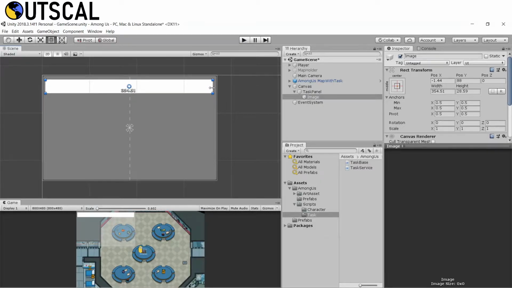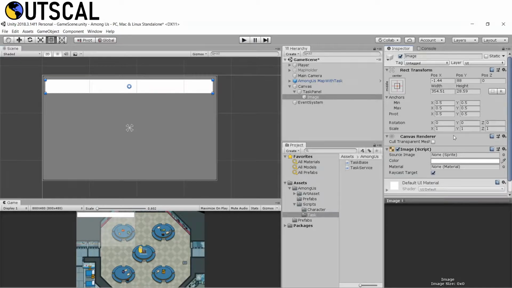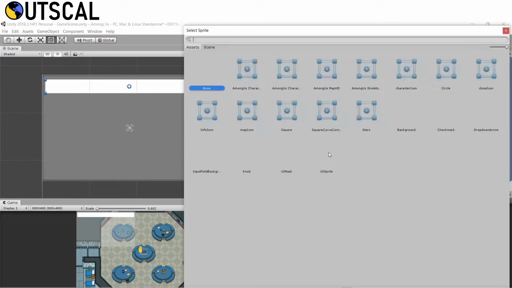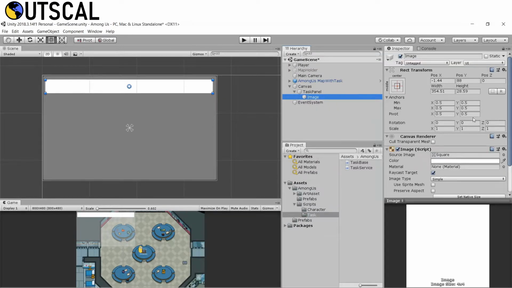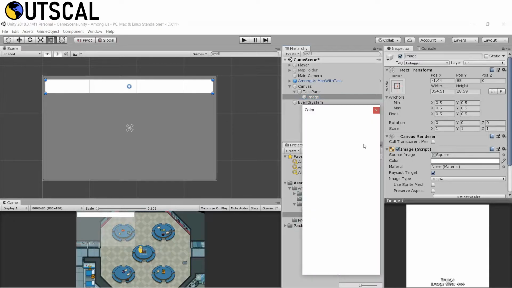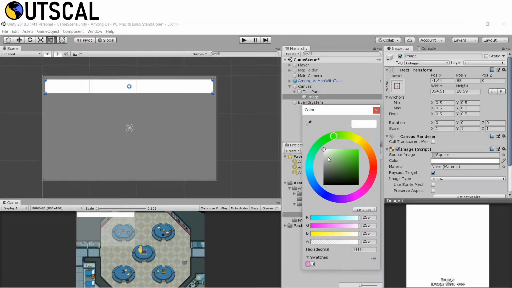Let's change its source image. Let's see if we have, okay, we have a square, we'll use this square. Now the color is somewhat, I think this is the color.